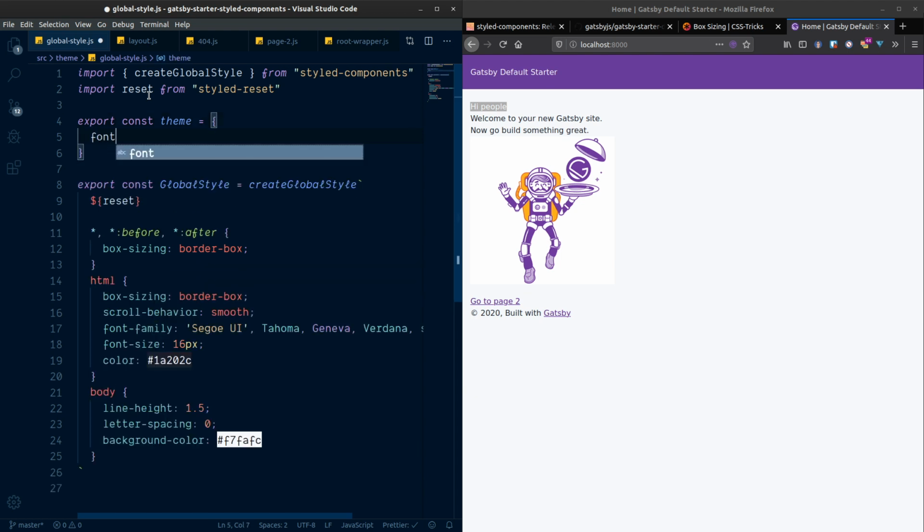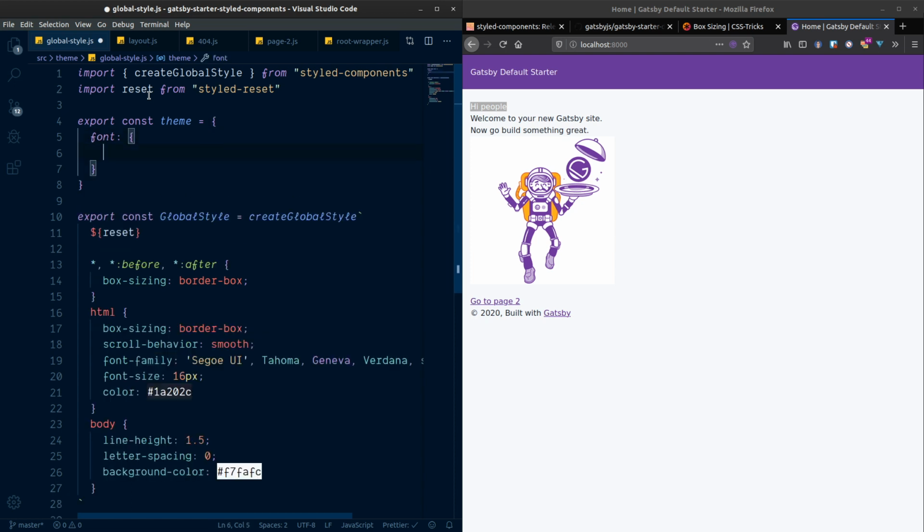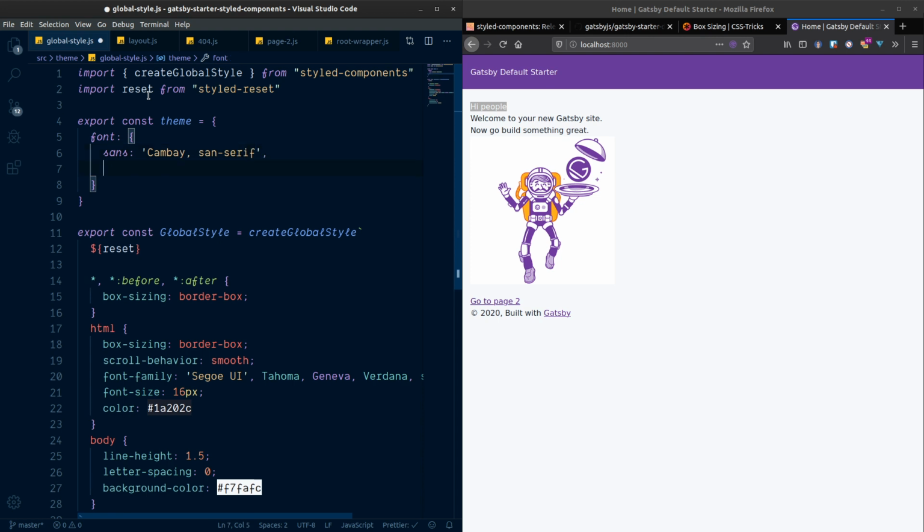And for the font, we're going to have sans, which we had as Cambay, and just sans serif. Cool. For serif font, serif, had Arvo, and just